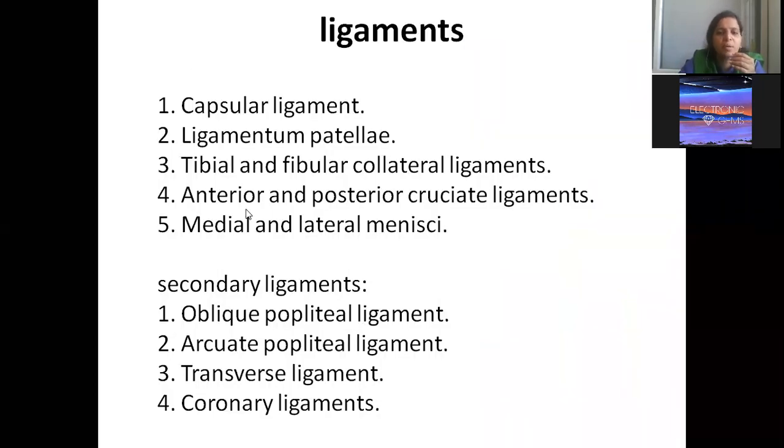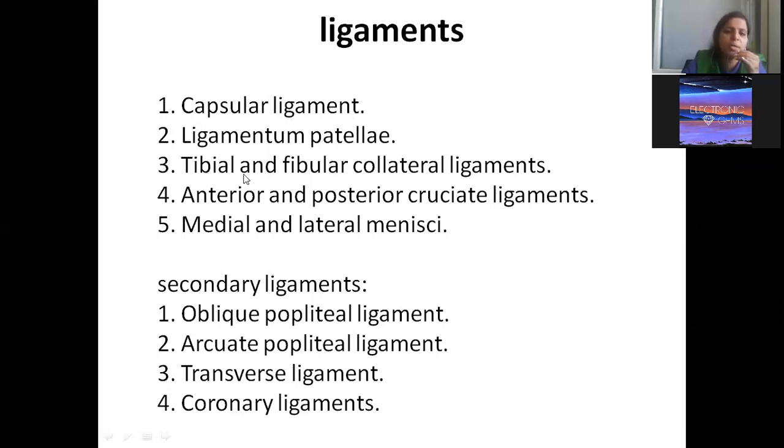Okay. Then now let us see, like for any joint, first of all we should know what type of joint it is, what are the articulating bones taking part, then what are the ligaments, what are the surrounding muscles, then movements, then applied anatomy. Under these headings we should know the joint. Okay, and of course a clinical way of framing a question will be there, and knee joint is usually 100% an essay question. Okay, beta. So like any other joint, the outermost covering will be the capsular ligament.